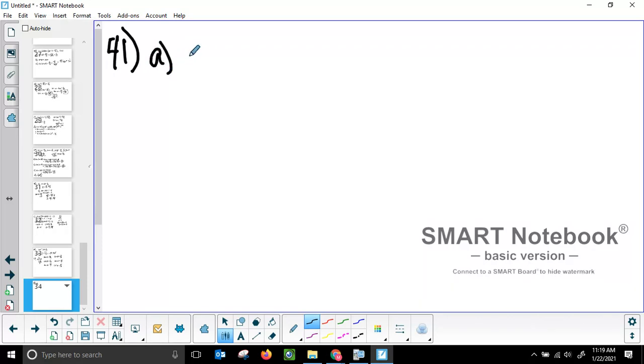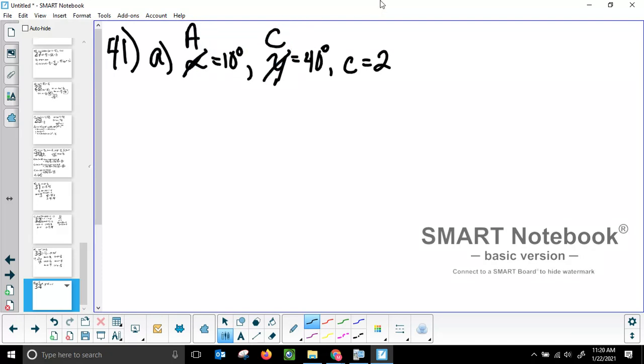All right, so part A gives us alpha is equal to 10 degrees, gamma is equal to 40 degrees, and side C is equal to 2. Now, again, if you don't like alpha, beta, gamma, obviously these are angles since they have degrees, so we can just call this A and this C. Of course, beta looks a lot like a B, so that would be pretty easy. Now, what I recommend you do here,